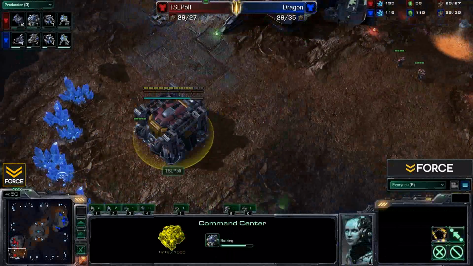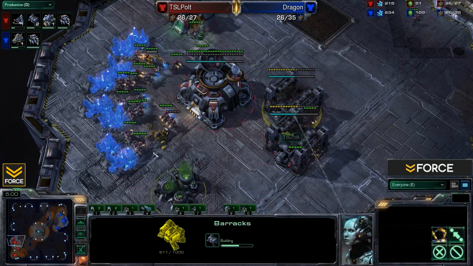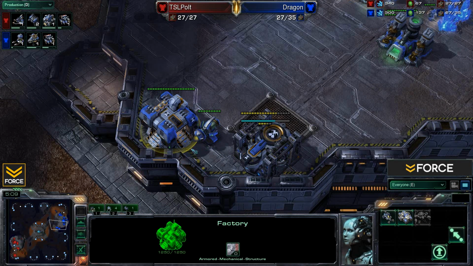Now we do have the command center building, and that is just about near finished. 2 more barracks coming out over here for Polt, so early on he will just be relying on Marines. Back over here for Dragon, is this going to be used for the hot swap, or do we see Blue Flame Hellions in the near